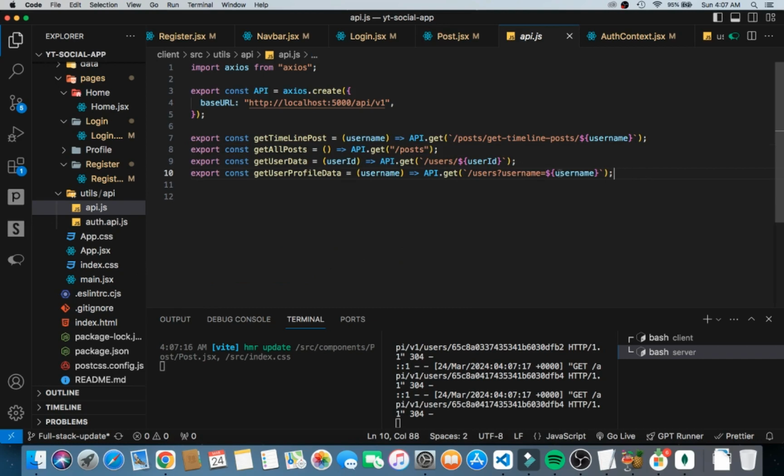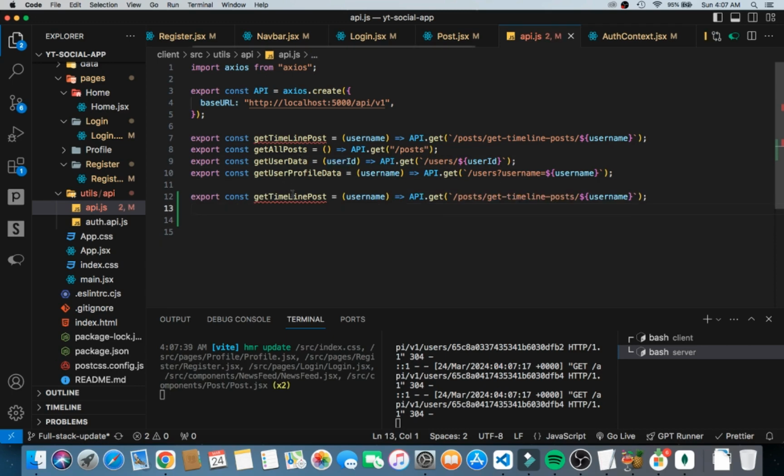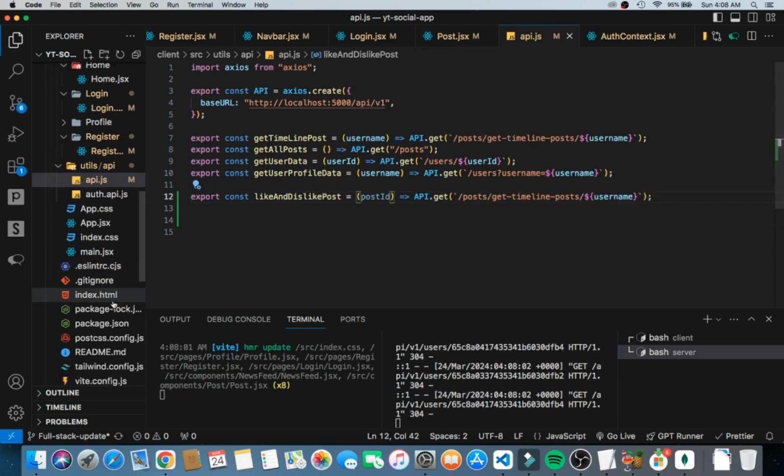I'm quickly going to come here. Let me take this one, and I'll come here, and then over here I'll say, like posts, like and dislike posts, right? And then it's going to take in what, the post ID. But how do I know that it's taking in the post ID? When we go back into